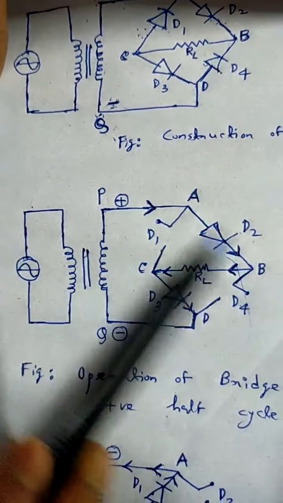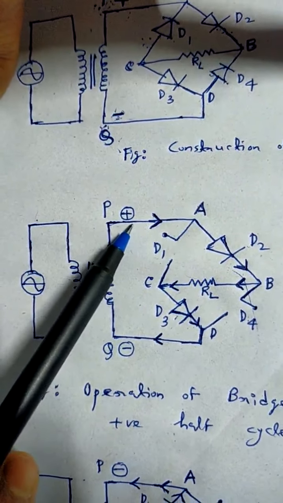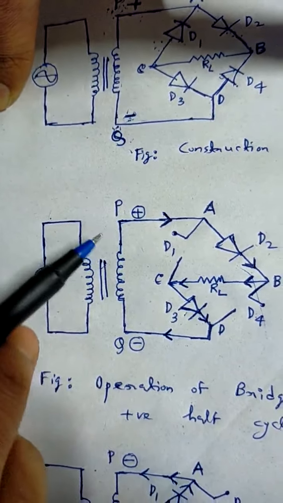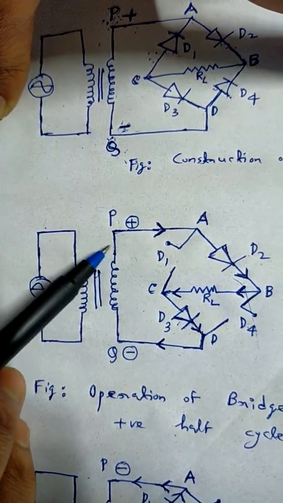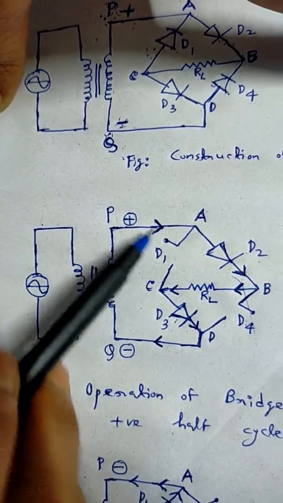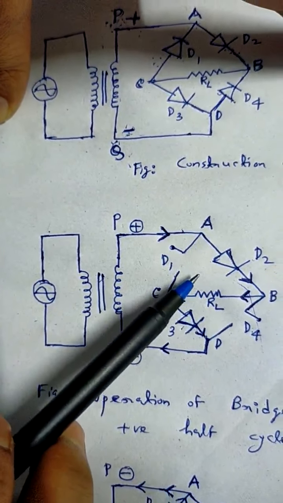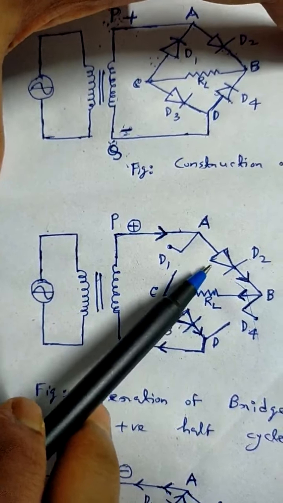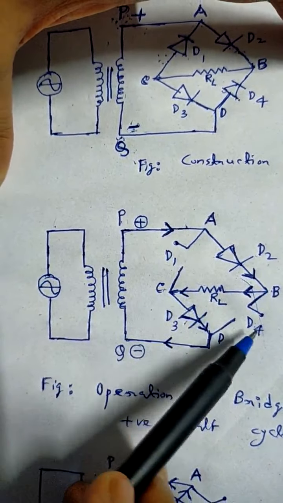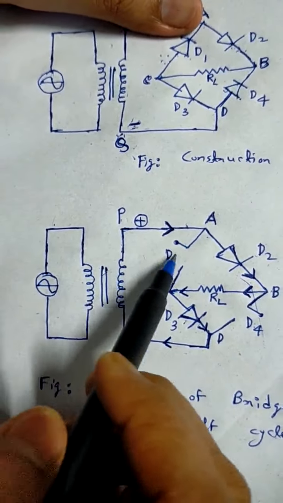Now for this condition, you see, we can show the direction of conduction of current through this circuit. See, obviously the current always flows from higher to lower potential. So obviously current will start moving from P. Thereafter, if we name this bridge circuit, then it will be convenient for us to show you the direction of current. We can name these P, A, B, C, D like this. Now I will show you the direction of current during the positive half cycle.